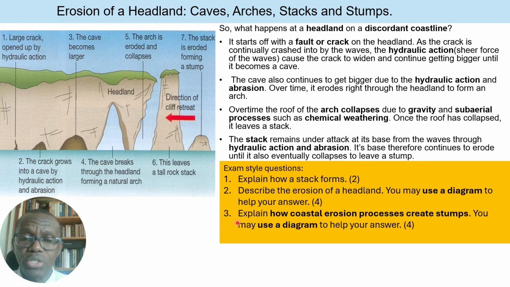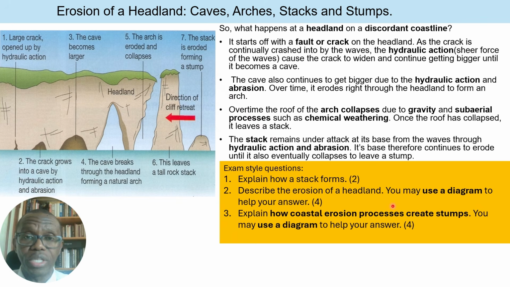Then we have question 3 here. So, explain how coastal erosion processes create stumps. You may use a diagram to help your answer. Again, this is similar to these other two questions here. So as you can see here, the way the questions are worded may vary, but you are obviously just talking about the erosion of a headland, and you're using a diagram to describe or to explain that process of a